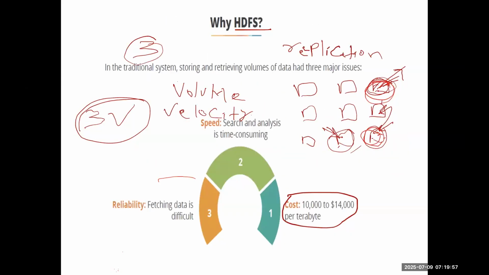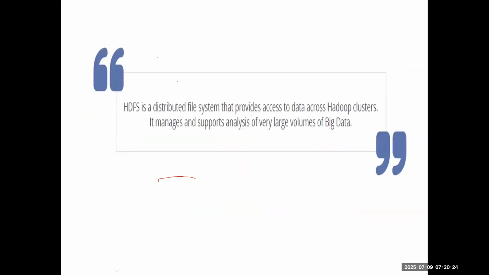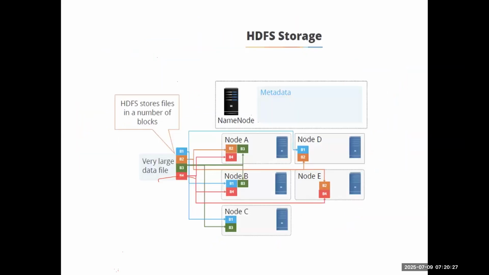And the other is high throughput. High throughput means processing the data at high speed. Like large data, let's suppose you have a couple of GBs of data, 10 to 20 GBs. Let's suppose I have 25 GB of data and I convert it into multiple tasks running on each of the nodes. In this way, I can process a large volume of data in less time. That's what we call high throughput. See, this is the typical HDFS storage.